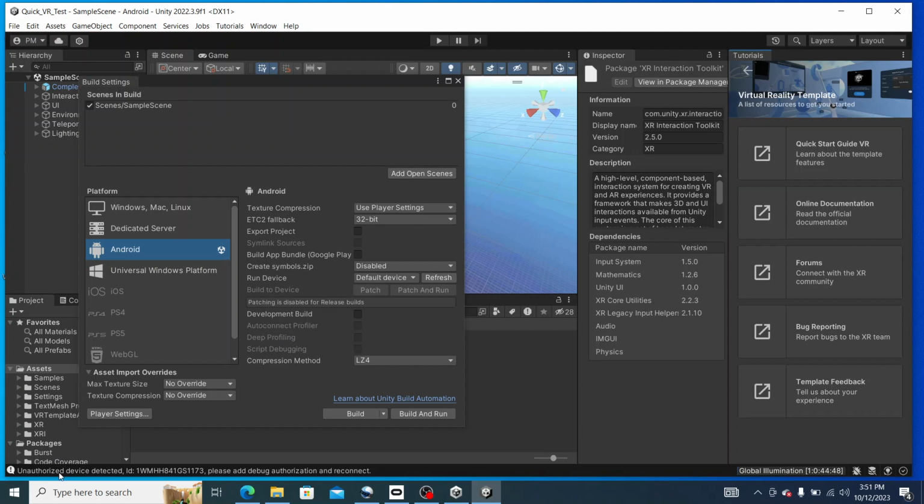What you may notice is that down here in this little notification console area, it says unauthorized device detected, an ID number, please add debug authorization and reconnect. What that's prompting you to do is to put on your headset, and when you're in your headset, you will see a menu that says allow USB debugging with a bunch of RSA key information. Hit allow. Once you hit allow, that notification is no longer affecting you,